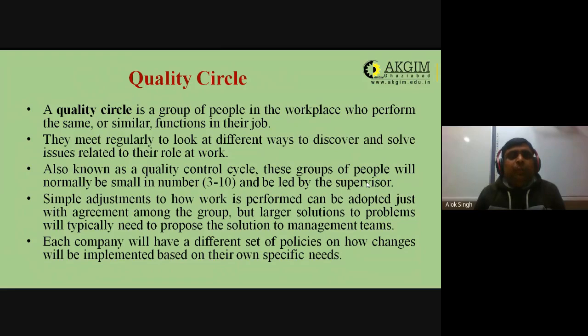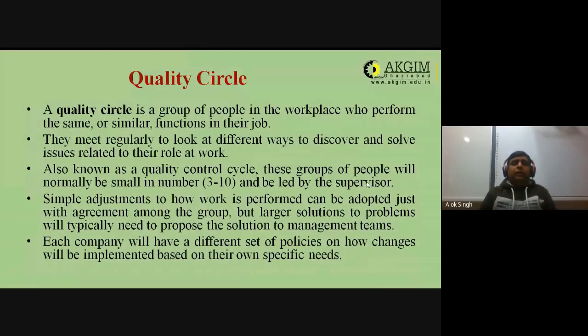It is a group of people that are doing a similar type of job. You will choose a quality circle from the procurement department, a quality circle from the quality department, a quality circle from the assembling department, and a quality circle from the manufacturing department, to continuously discuss their work-related problems and prepare a strategy to rectify and resolve those problems.